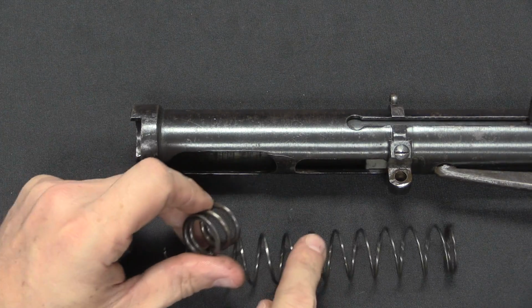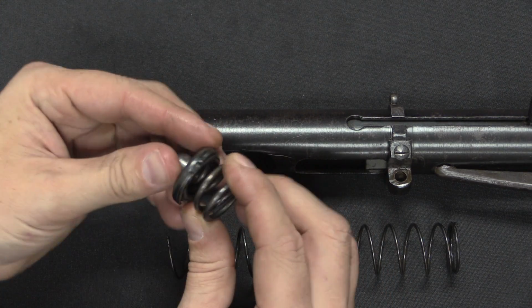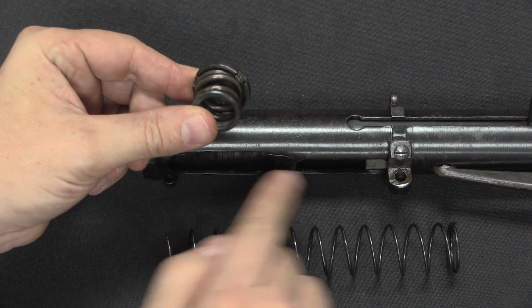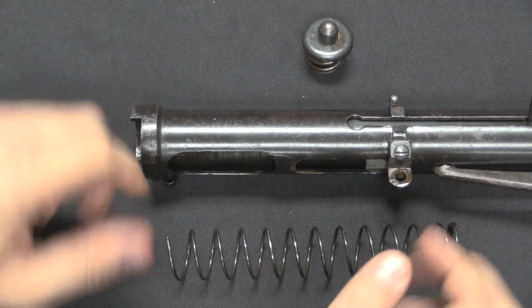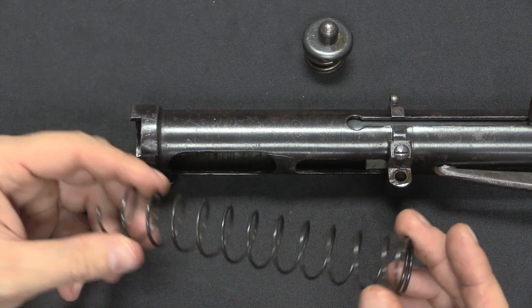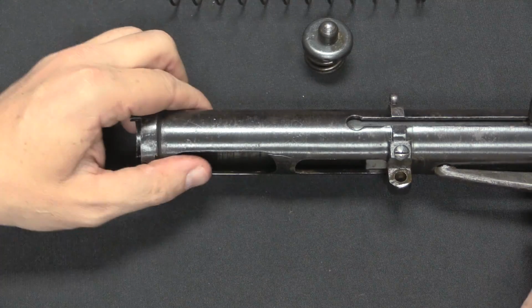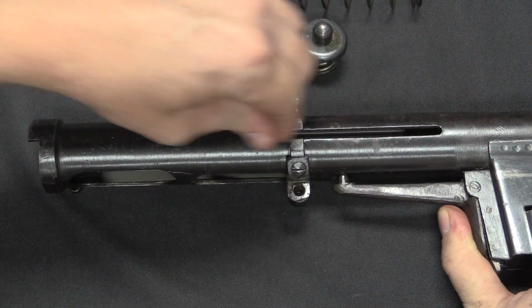However, it originally had a recoil spring and then also had this buffer spring, which is correct, in this end cap. And it actually had a floating guide rod in between. So I suspect the guide rod and spring got lost at some point, and someone has adapted this from some other gun. But once those are out, we then have to depress the grip safety in order to pull the